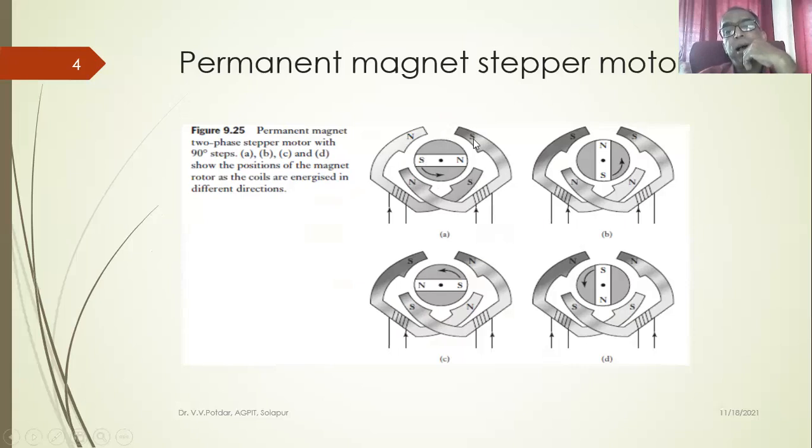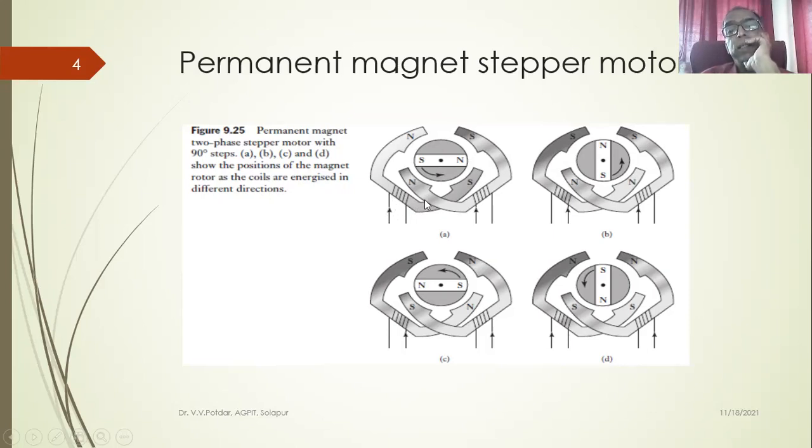These are at 90 degrees with each other, this north-south and this north-south, and they provide a step of 90 degrees each. The sketches A, B, C, and D show the positions of the magnet rotor as the coils are energized in different directions.